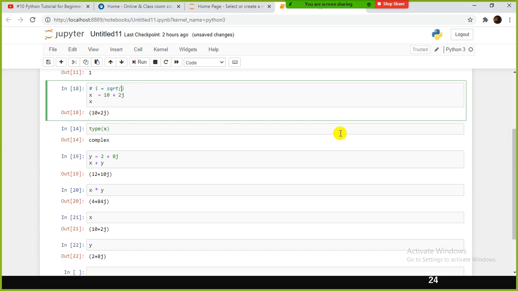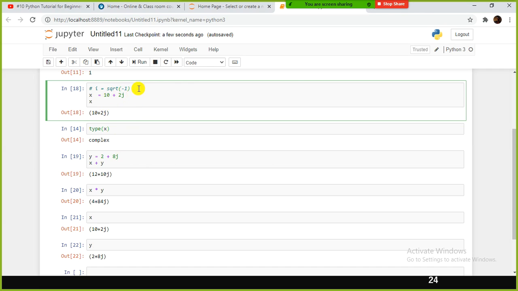So here instead of i they are using j. So minus 2, minus 8. Square root of minus 1, right?